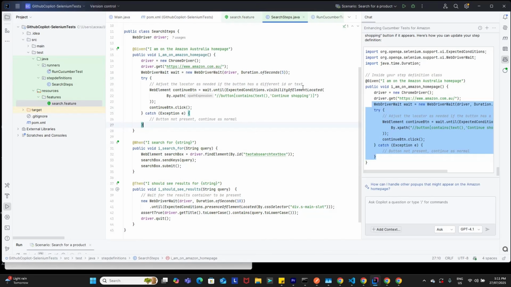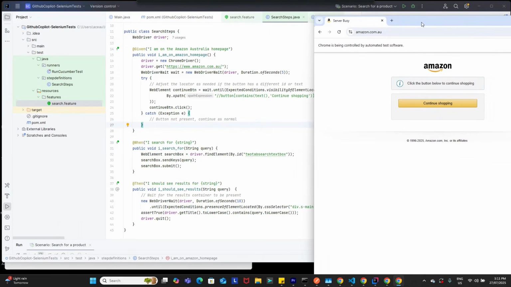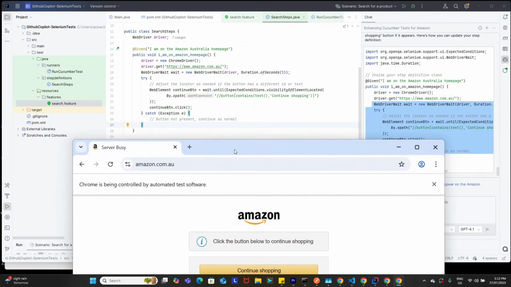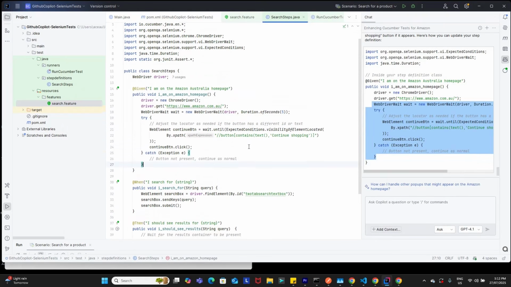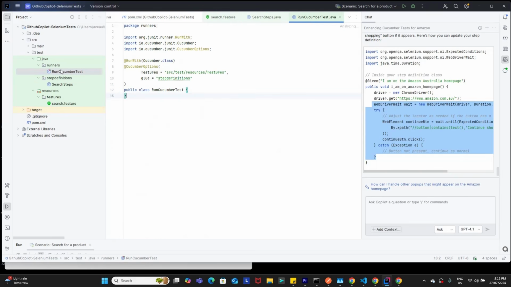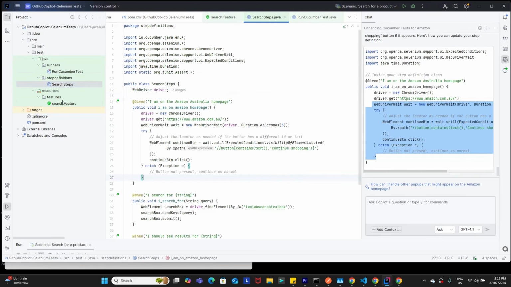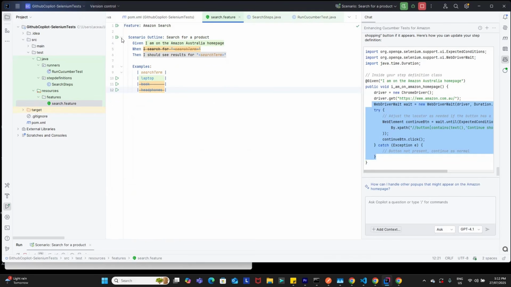Now, continue shopping. Let me see. This is what is appearing, isn't it? So if the button contains the text continue shopping, it will click on that button. Okay, so that is what it is doing. Now, hopefully, my solution is found. In case the continue shopping button comes in, it will handle it. So I'll go back to my search.feature file, and I'll try to run all these tests. Now I'll click on search for a product,